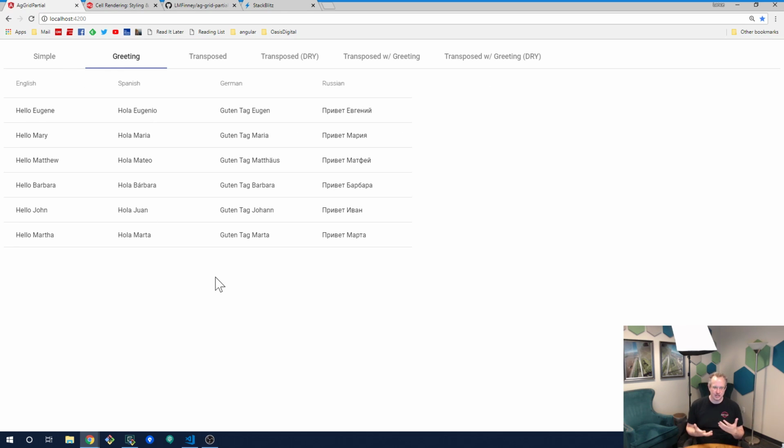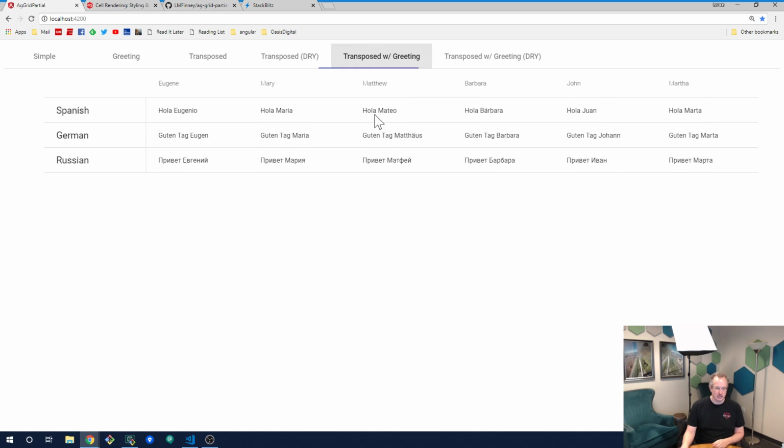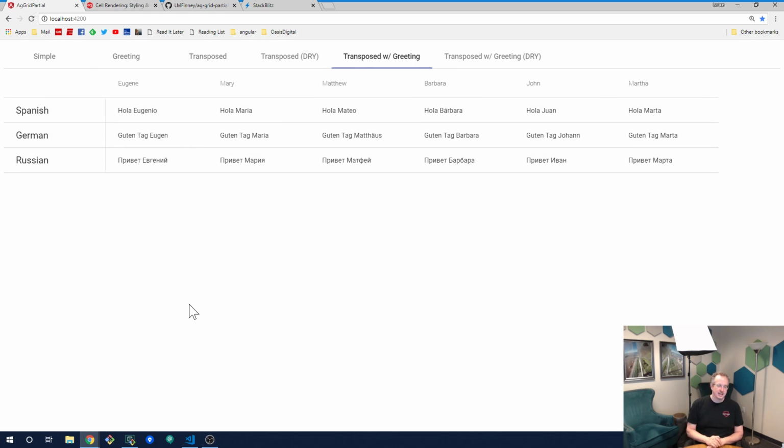We still have everything done in the fairly normal way. But now our manager has thrown us for a loop. What they want us to do is to transpose it. What they really want by the end is to have it look like this. Instead of having a column for each language and a row for each name, they want that swapped. So the header is now English, and then each row is another language, and then each column is the name. So we can have John as the header, and Hola Juan, Guten Tag Johann, and Privyet Ivan as the parts